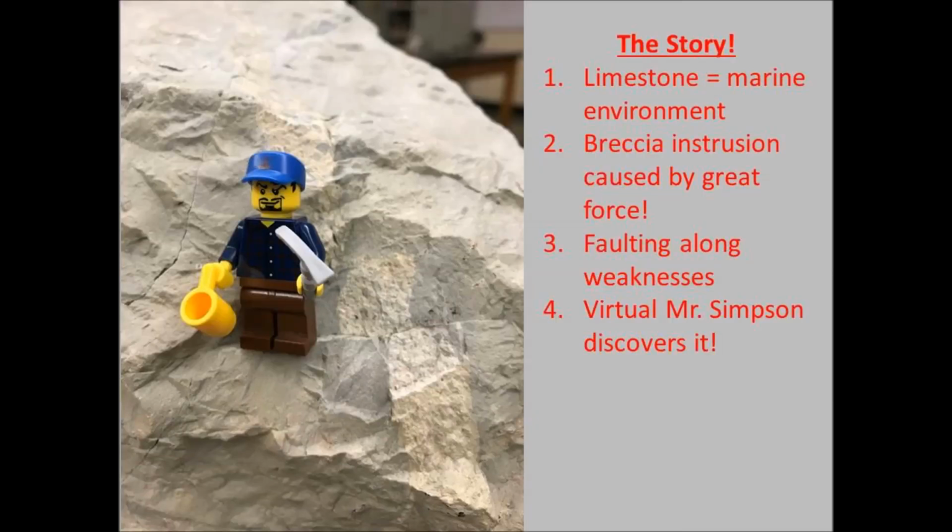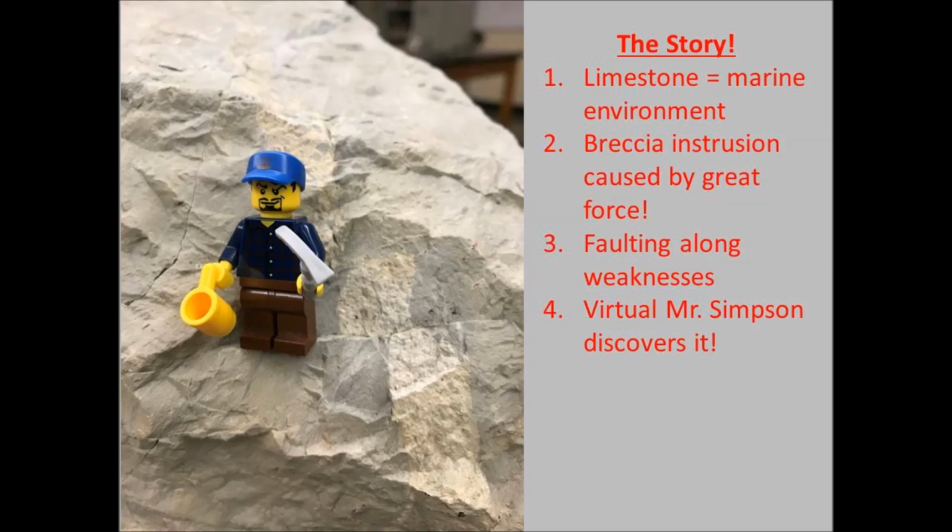So let's recap cross-cutting relationships and how we use those to tell the story of this specimen that Virtual Mr. Simpson discovered. First of all, we have limestone that's been laid down in a marine environment. Secondly, we have this breccia intrusion that was caused by a great force as it goes across the limestone that existed before. Thirdly, we have this faulting that takes place that you can see evidence of displacement along the breccia